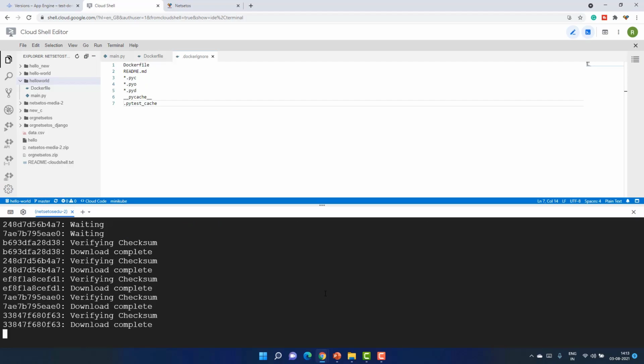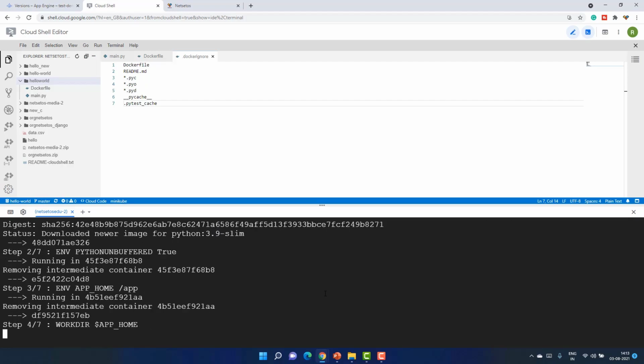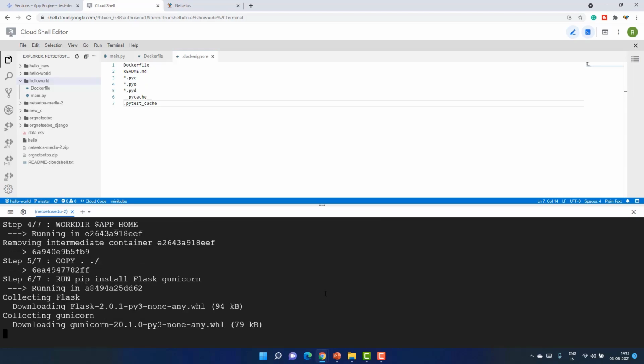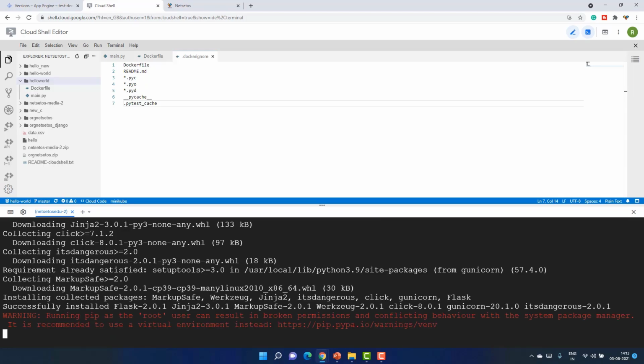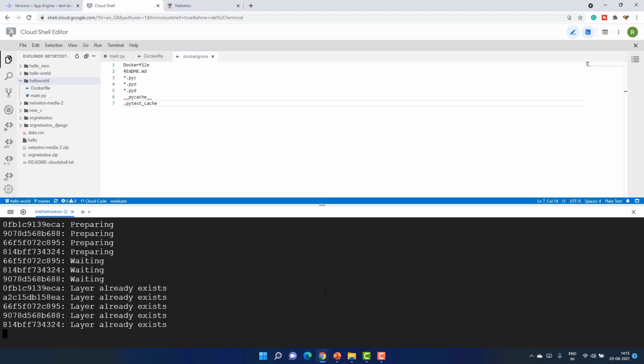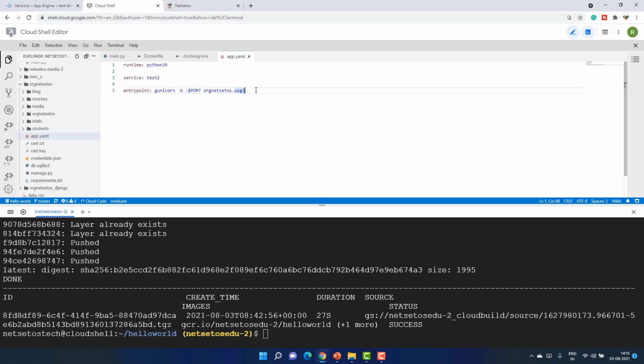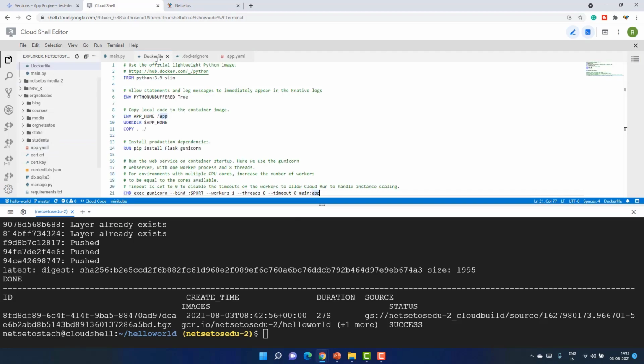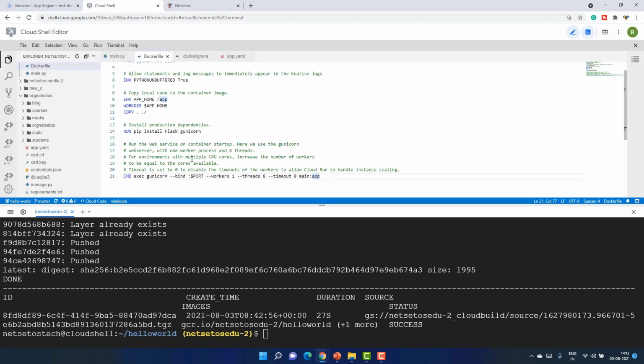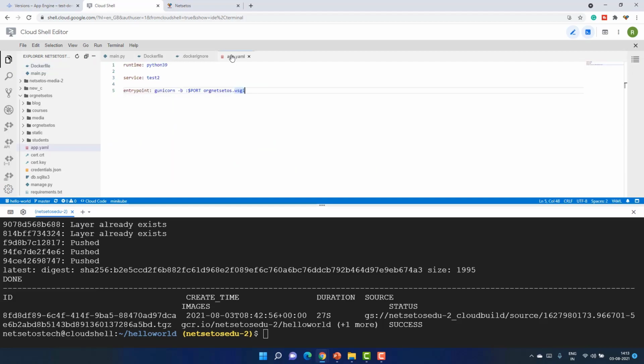As you see, it's not that much tough to create a container image or to create a Docker file. The code will remain the same, only 2-3 things will be there. You do not need to do anything when you are deploying it to App Engine. It's like a simple runtime, service and then entry point. But in a Docker file you have to give where you are getting it from and what you are running, then you have to install it and do all those things. So App Engine will give you ease of use, but Cloud Run will give you more control, or it will be a cost-effective solution for the company.